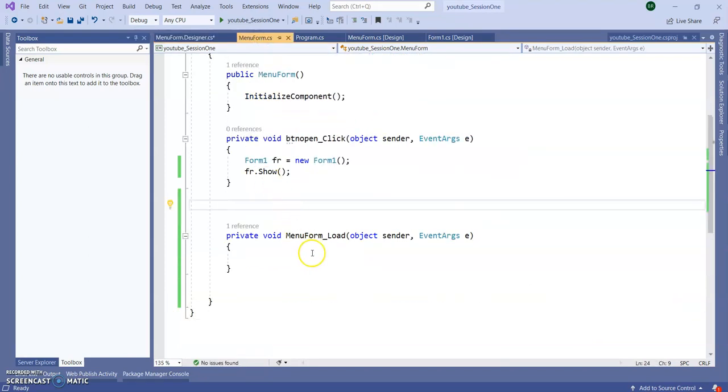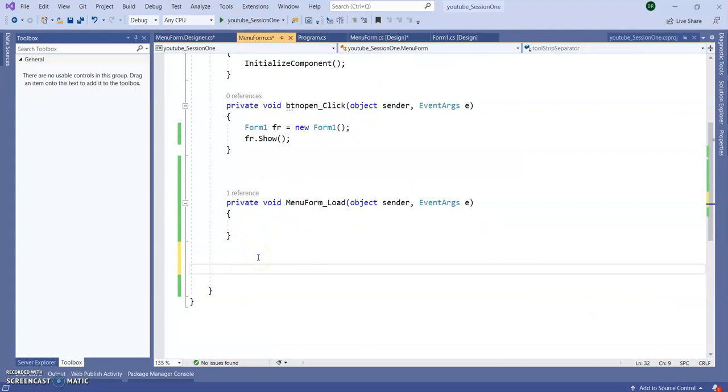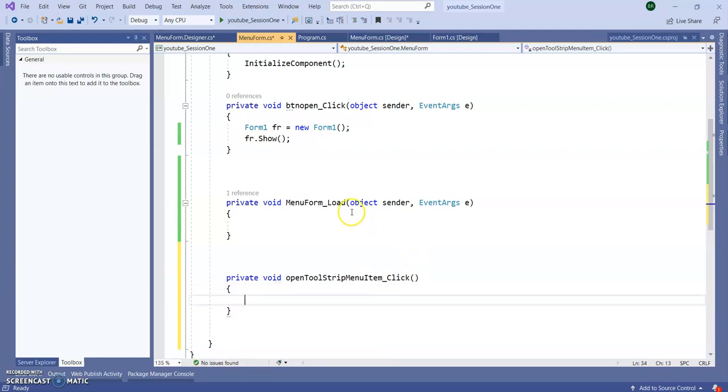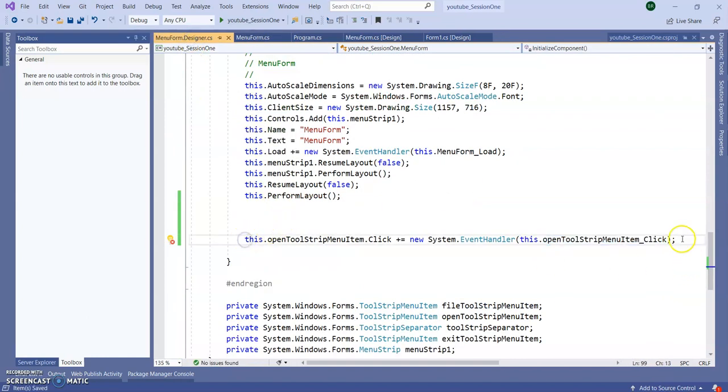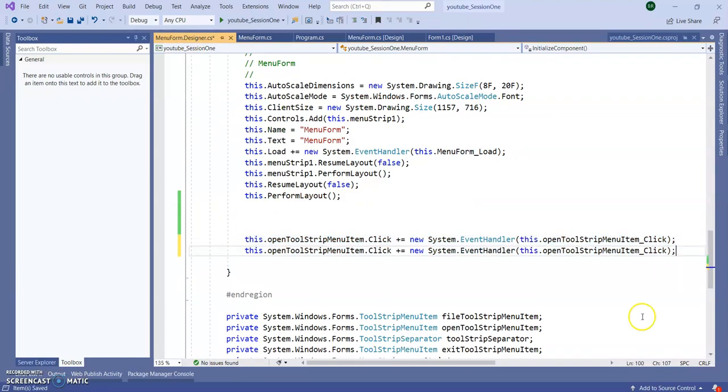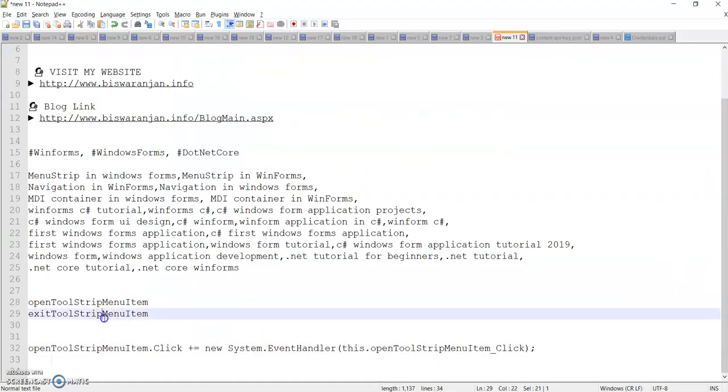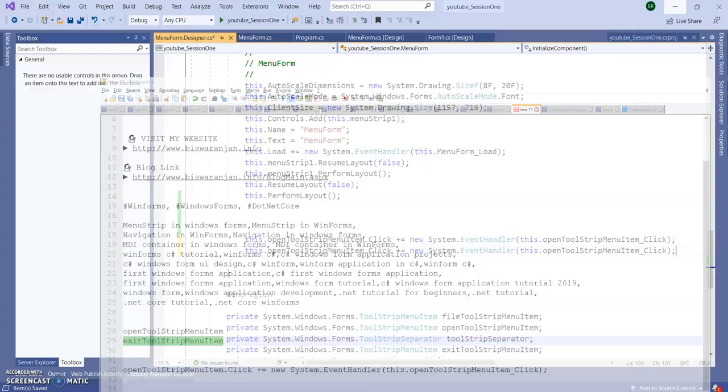In the menu form.cs, I'm going to create here a private void for this event. In case of an event, we give the parameters object sender. For the open menu strip, I'm going to show my existing form. Same thing I'm going to do for my exit menu strip, whose name is exit tool strip menu item.